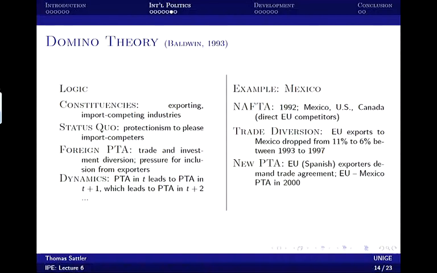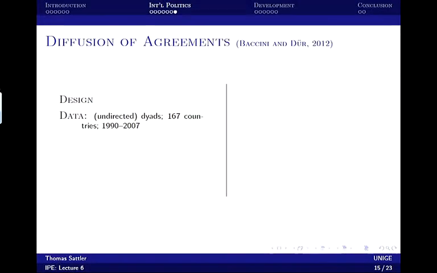So I just want to explain to you how we could test this. And this is a paper by Baccini and Dürr, who just test this mechanism. So they use data on dyads. We saw dyads, right? We saw this data set by Goldstein a few weeks ago. A dyad is simply a country pair, so we have the European Union. We treat the EU in trade as one country, and Mexico. So that's one dyad. And we take all the countries that we have, and we take annual data from 1990 to 2007, right?